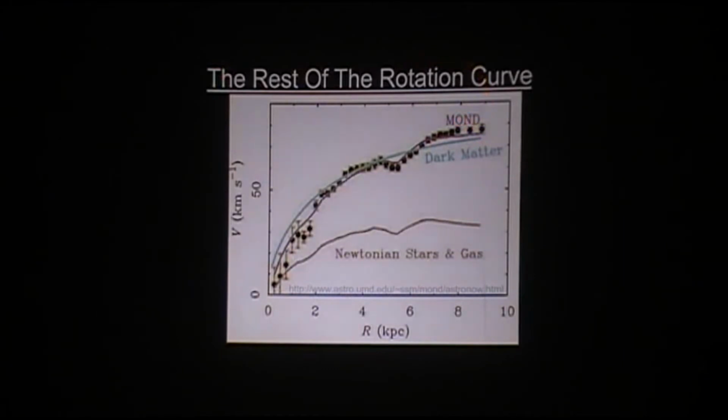What MOND will do is multiply the Newtonian rotation curve by some factor, which gets larger with radius. So it'll get this purple curve, which you can see actually works much better. Basically this dip in the actual rotation curve corresponds to a real dip in the surface density of matter at that radius. There isn't any good reason why that kind of dip should also exist in the dark matter. It will just get washed out by the fast random motions of the dark matter, which is thought to be essentially a hot gas.